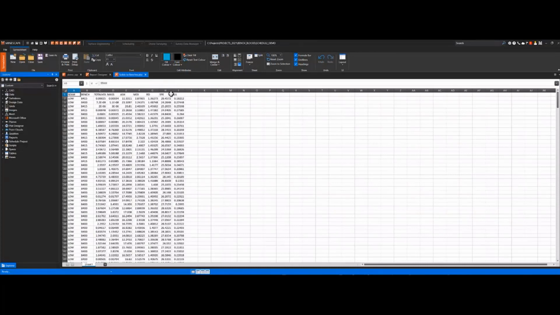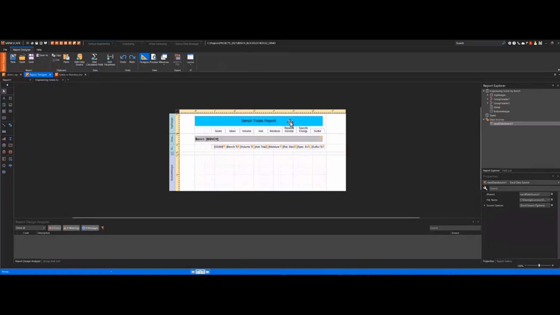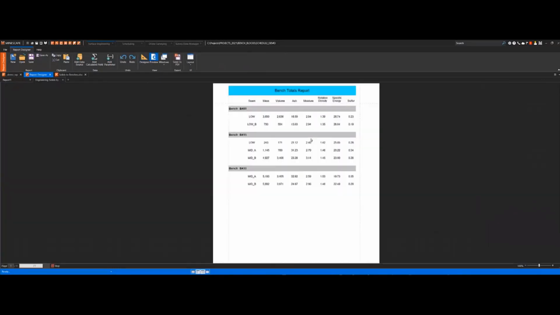And if you notice, it's actually a reserve table. I think it has 445 rows. Yep, 445 rows. So it's a whole bunch of data that, in this case, is sometimes hard to work with. We built a report to go ahead and summarize this. If I preview that report, that's what it is. So those 444 rows turned out to be this many rows in there. So it's that simple to build your own report.